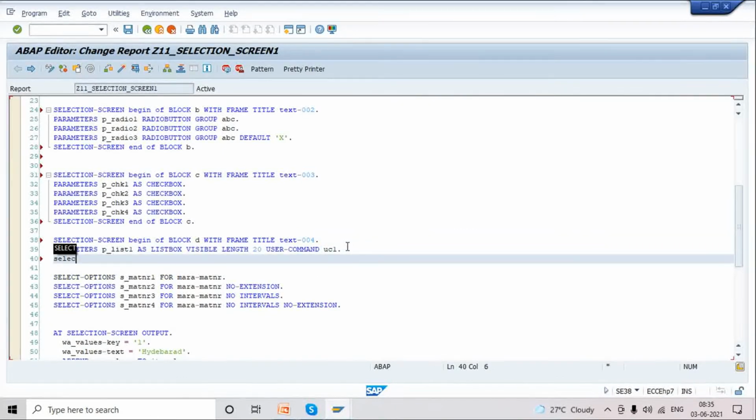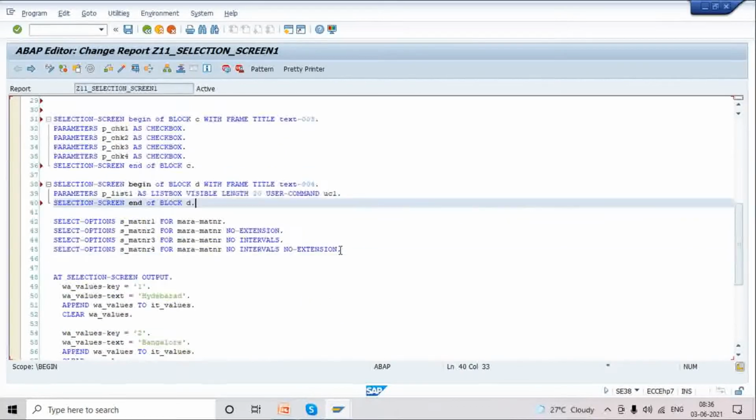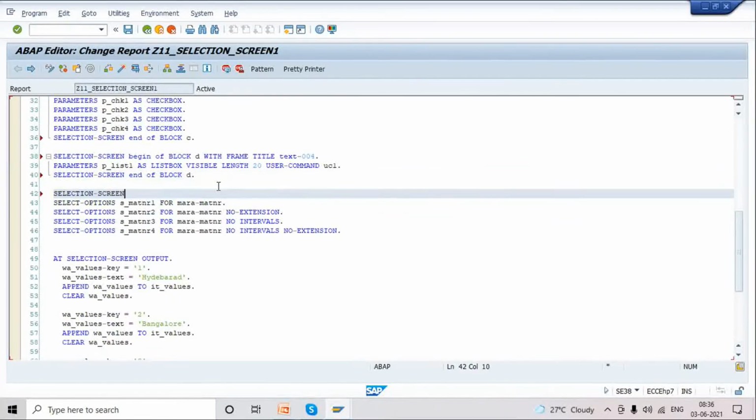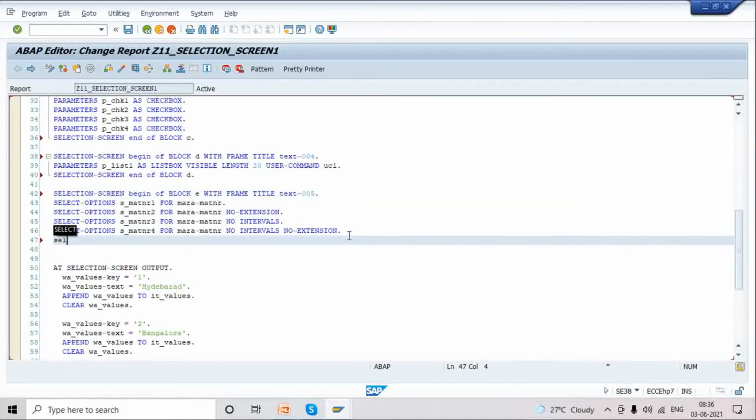So here selection screen, end of block D. Okay, next the last one, selection screen, begin of block E with frame title text 005. Here selection screen, end of block E.